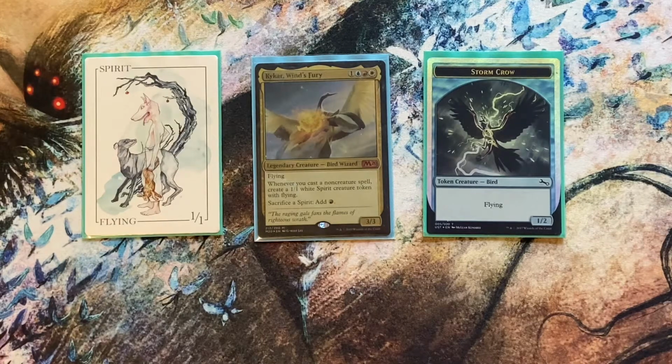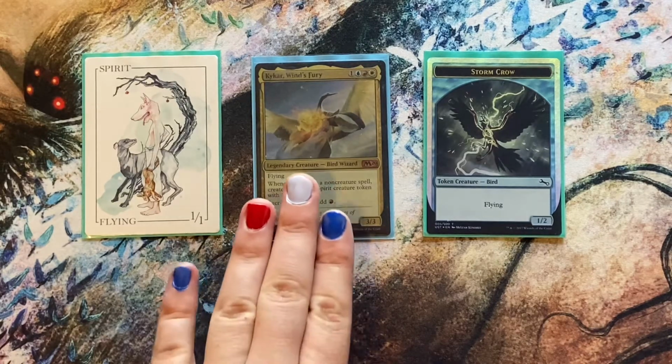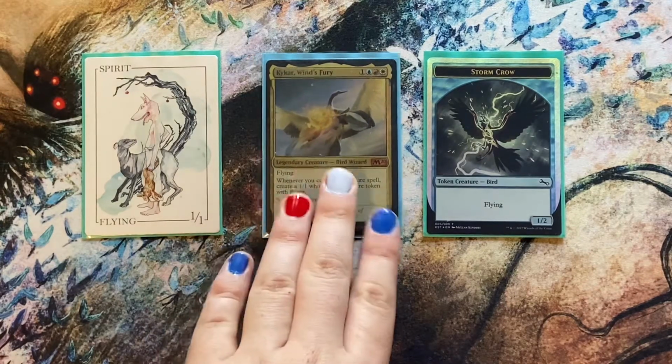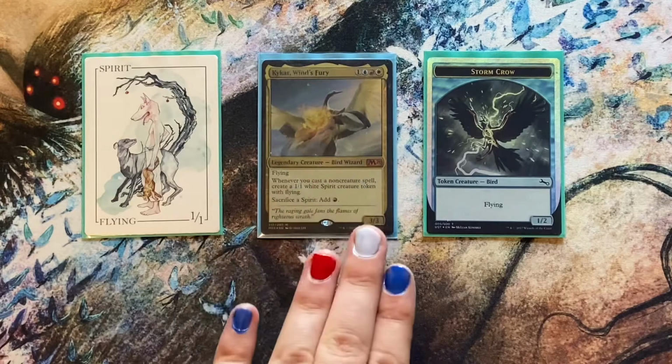Today we'll be discussing Kykar, Wind's Fury, or as I like to say, Kykar! She is an incredibly powerful bird wizard who creates a 1/1 white Spirit creature token with flying whenever you cast a non-creature spell. These Spirits, or any Spirits you have in play, can be sacrificed to make red mana, and so Kykar, Wind's Fury lends itself to a storm combo sort of build, and that is what my friend Ian